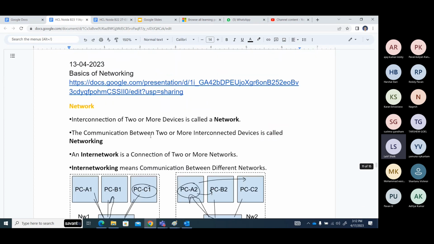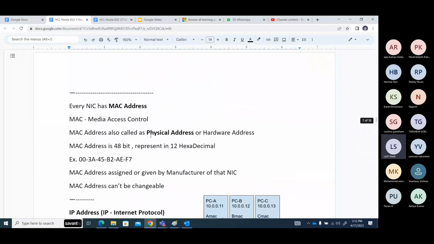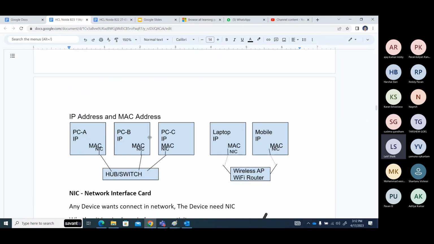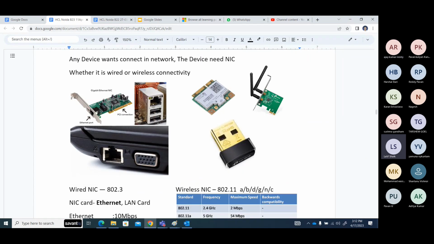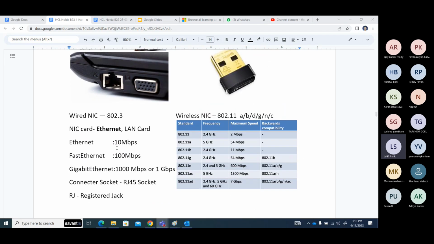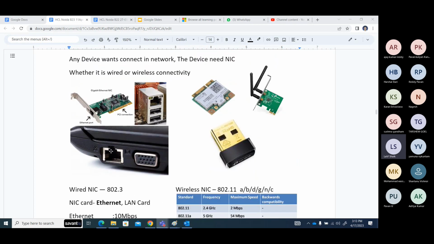That is, we discussed before we start networking itself. Every device must have a NIC to connect in the network, either wired type of connectivity or wireless type of connectivity. Wired type of connectivity: using an RJ45 connector, you can see, either we are adding a new NIC to